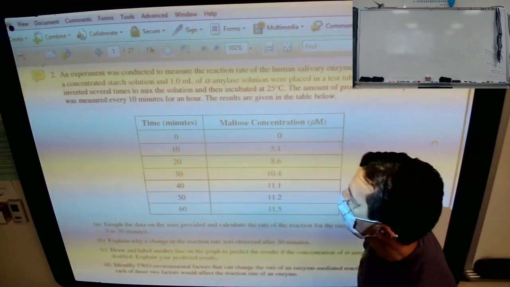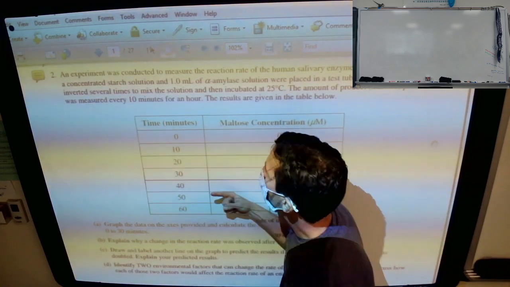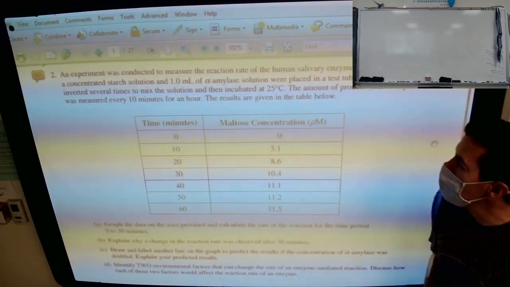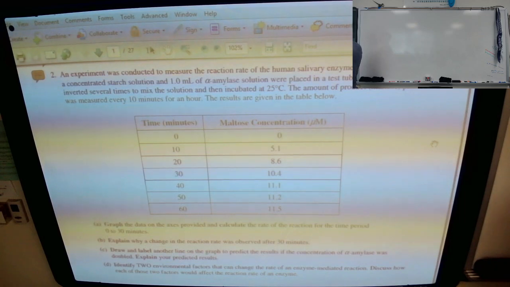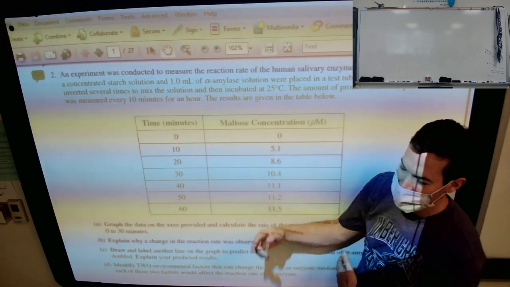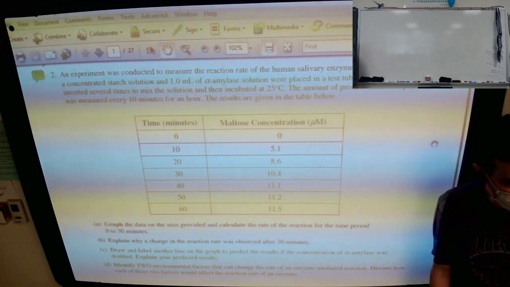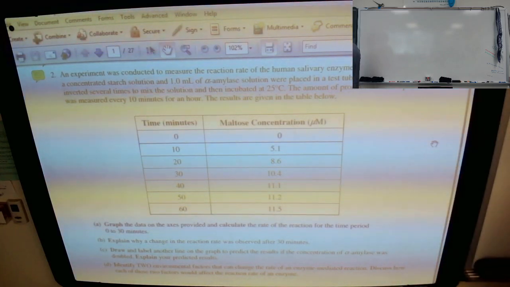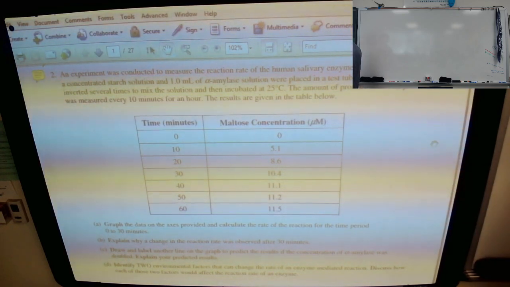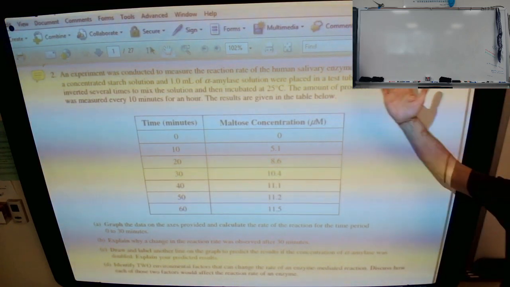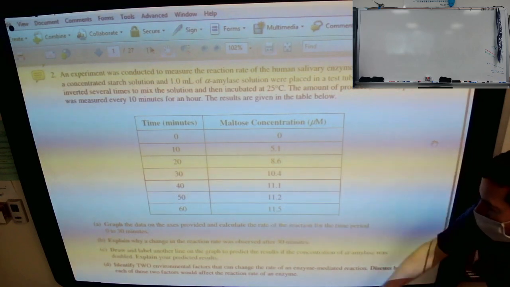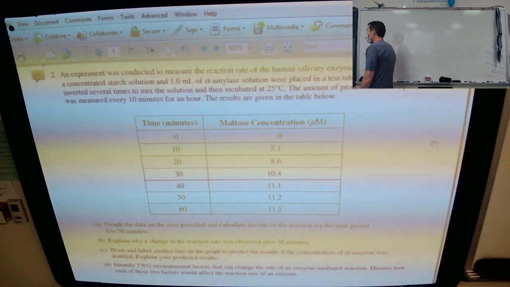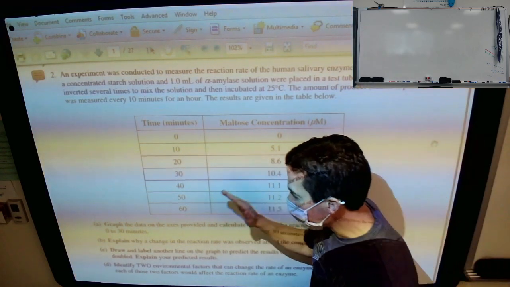Okay, starch is my substrate. I added it in with the enzyme amylase. The test tube was inverted several times to mix it, incubated at 25 Celsius. So, you know, it's a little bit warmer than room temperature. That's probably about 80 Fahrenheit. The amount of product, maltose, present was measured every 10 minutes for an hour. And here's my data. Okay, so we are eventually going to answer all 4 of these, A, B, C,